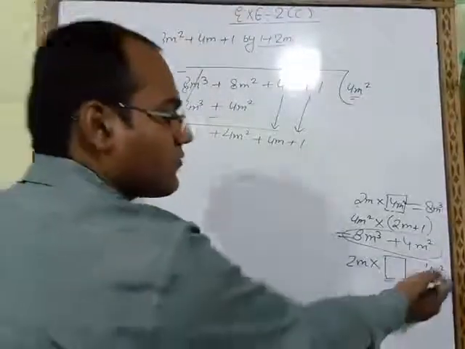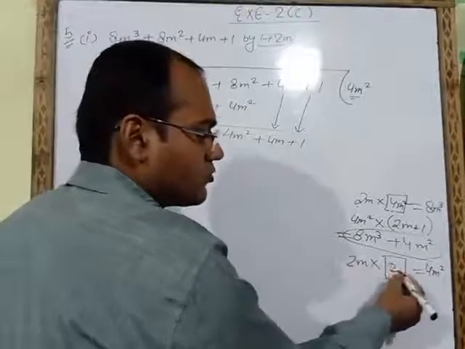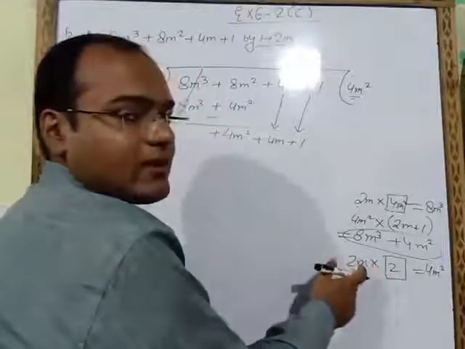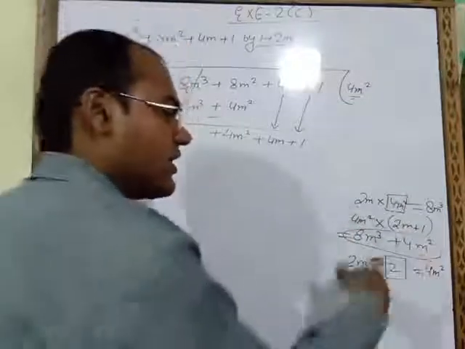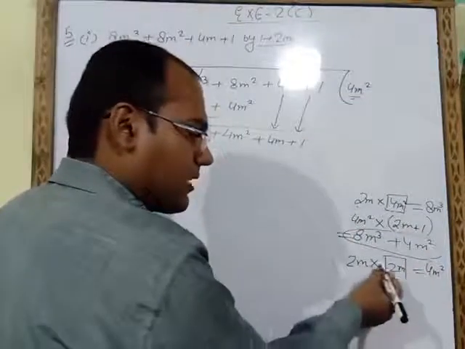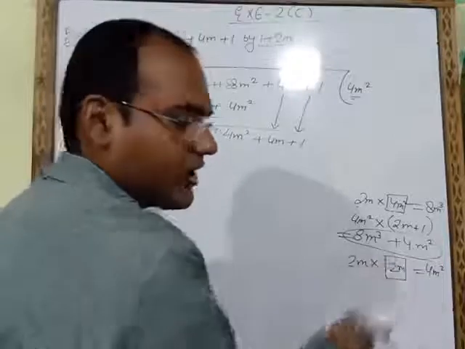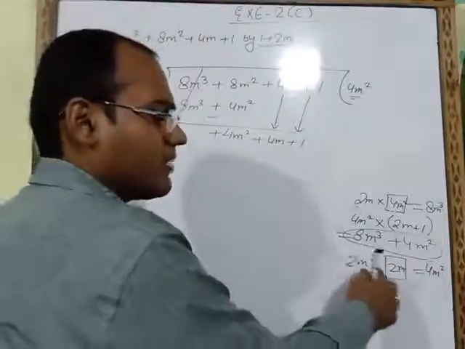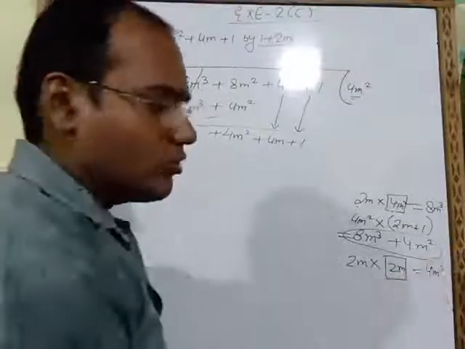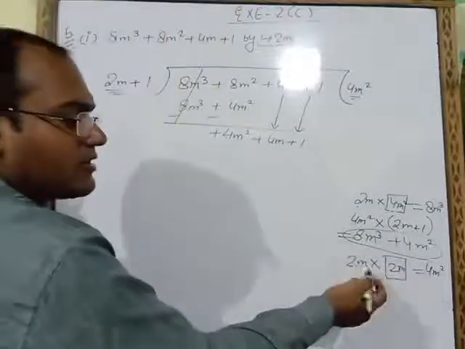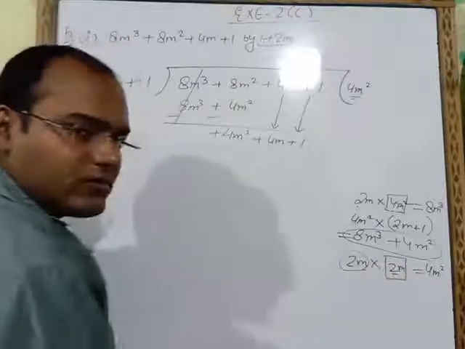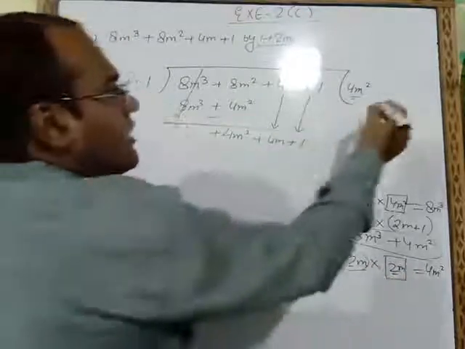So in order to make 4 we have to multiply this 2 with 2. 2 into 2, 4. This is m. How many m are coming here? Only one m is there. Again 1m we will take. M multiply m. 1m and 1m, it will become m power 2. Multiply we are doing. So m into m will be m power 2. So what you had done here? Here you had multiplied this 2m by 2m only. So this 2m we have to multiply with 2m.